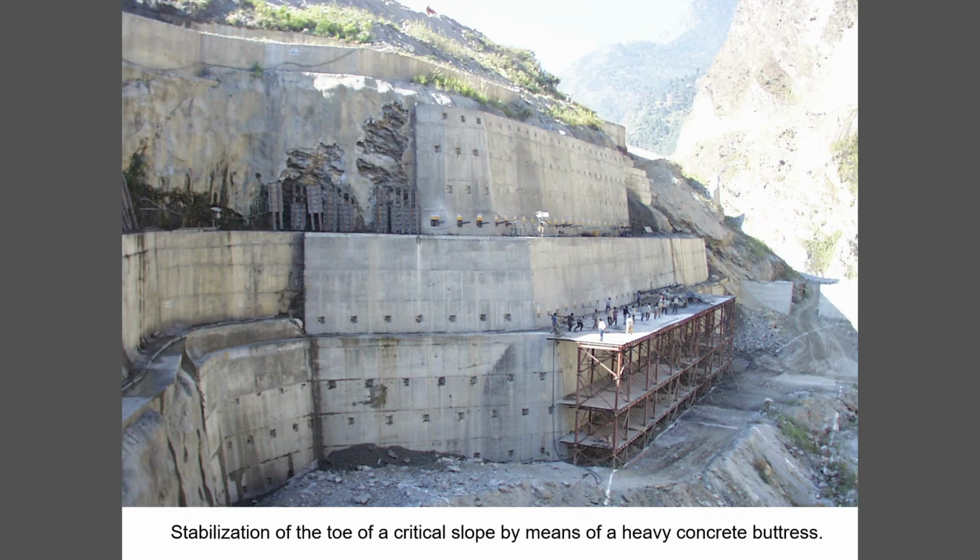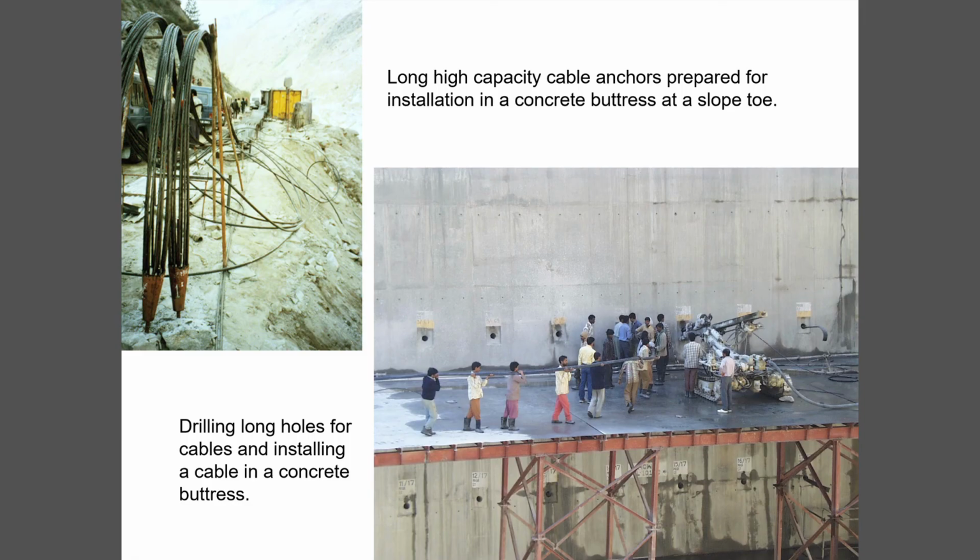And here you see on the top left the cables. These were 30-meter long, 100-ton cables laid out on a bench, and the sharp end, if you like, in the front of the picture. And on the bottom photograph you see an army of people carrying one of these cables along and feeding it into a hole, next to a hole which is being drilled. That's an unusual operation because in general it's not economical to try and stabilize large slopes like this, but sometimes you have to.